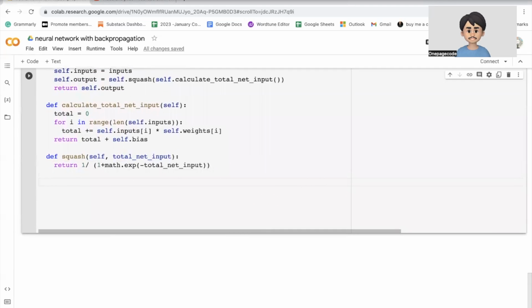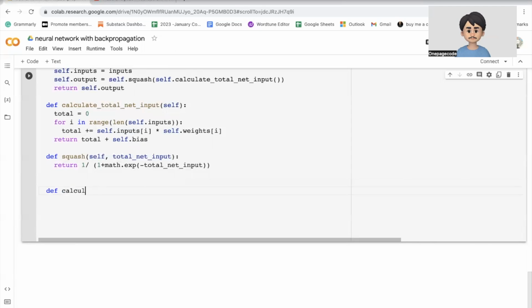Now it's done. Now we are going to determine how much the neuron's total input has to change to move it closer to the expected output. Now that we have the partial derivatives of the error with respect to the outputs and the derivatives of the output with respect to the total net input, we can now calculate the partial derivatives of the error with respect to the total net input. So we are going to create def calculate_pd_error_wrt_total_net_input, and this is going to be self and target output,